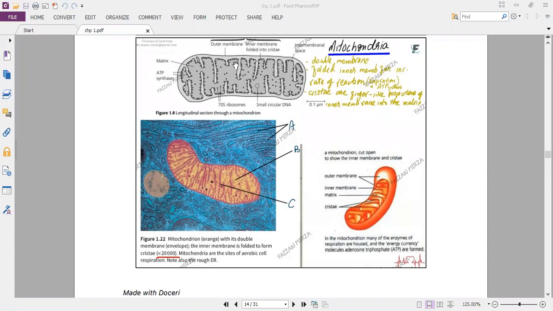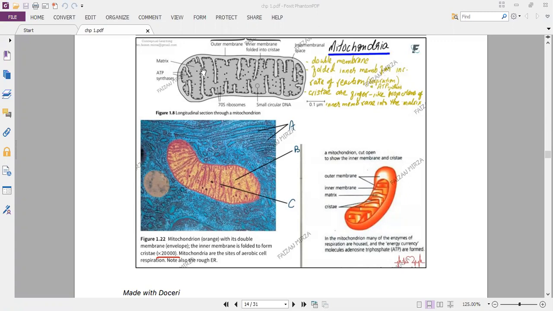They increase the surface area for enzyme action. And which enzyme? ATP synthase. These enzymes are these circular structures attached to the inner membrane of the mitochondria. The more folded the inner membrane is, the larger surface area it will have for these enzymes to act. ATP synthases are the enzymes that produce ATP within the mitochondria, and as you know, mitochondria is known as the powerhouse of the cell. So the more ATP synthases there are, the more ATP gets synthesized.